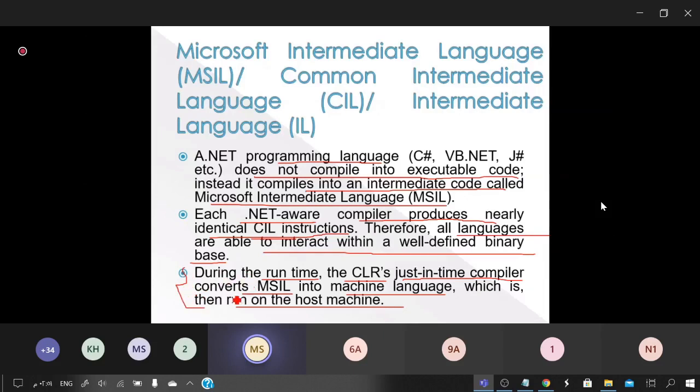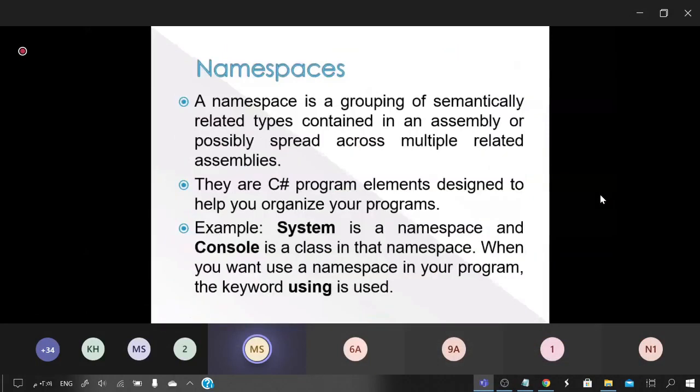So you see here, the source code, that is your program, is converted into the intermediate language, that is Microsoft Intermediate Language or Common Intermediate Language, which is then converted into the executable code, the machine language, which will then be executed on the machine. It is the same concept as Java, where you have the source code, you have the bytecode here, and then you have the executable machine code. Fine. That's about how the programs in .NET